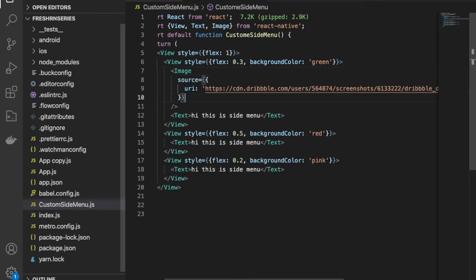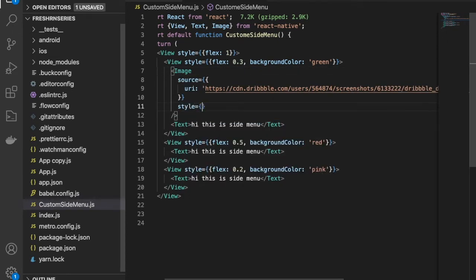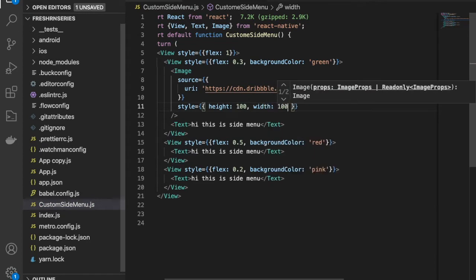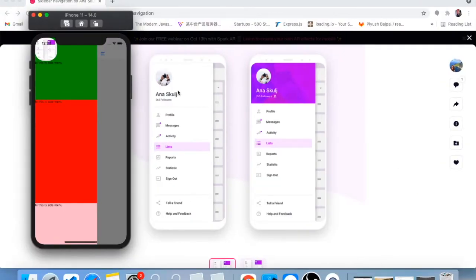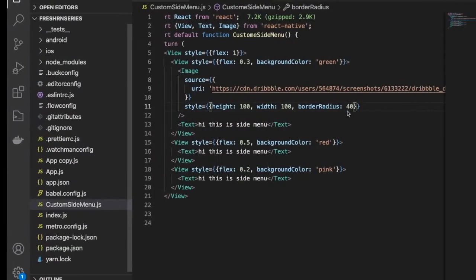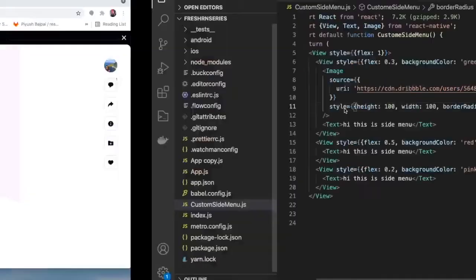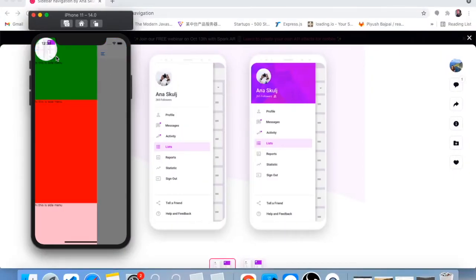Okay, and I have to put some style also. So let's say I wanted to give height 100 and width, let's say 100, with border radius 40. Then okay, so we can see over here this kind of circle. So if we give 50, it is a total circle, right?